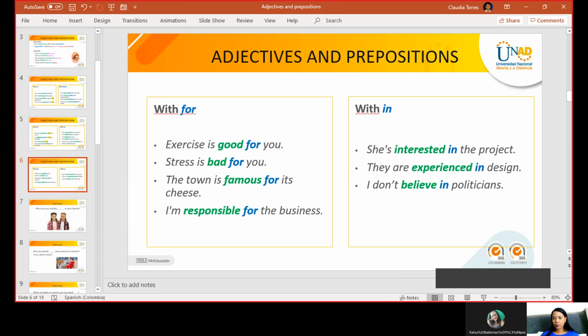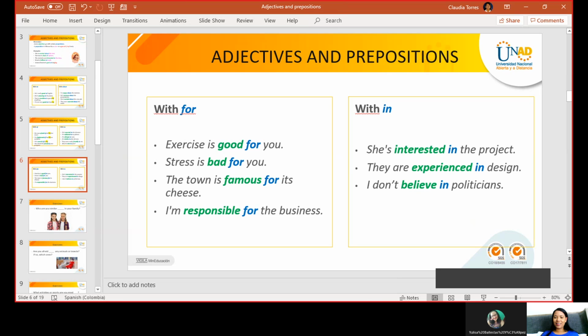Okay, vegetables. Vegetables is plural, right? So vegetables are good for me. Fried food is bad for me. Fried food is delicious, but it's unhealthy. Really bad. But it's really delicious. It's like a temptation. Yes, that's right. Okay, I'm interested in languages. And you are very good at languages.